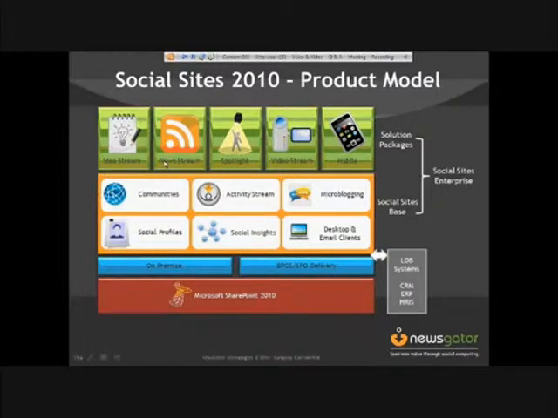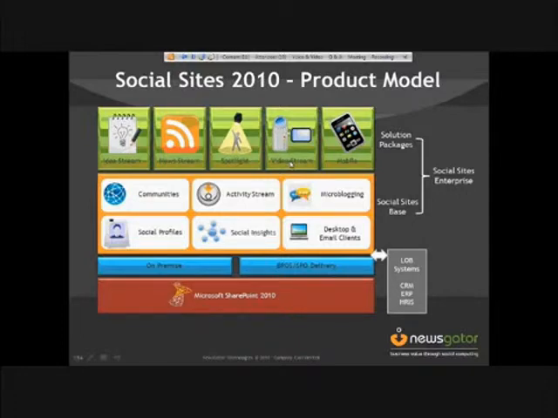And then on top of that, we've got different solution packages, what we call them. Idea Streaming is about innovation management, idea campaigns. News Streaming is about RSS feeds and managing them and being able to embed them within SharePoint sites or consume them within a user's activity stream. Spotlight is about expertise location and badging and recognition. This is a brand new solution package that just came out, and that really helps drive adoption, foster the right behavior in the system, but also recognition and discovery of experts.